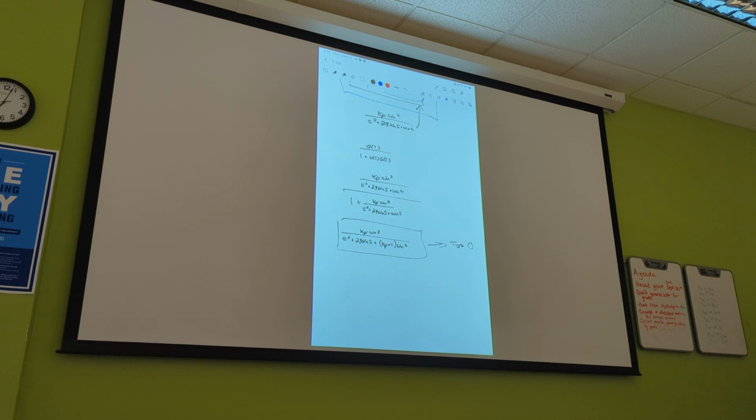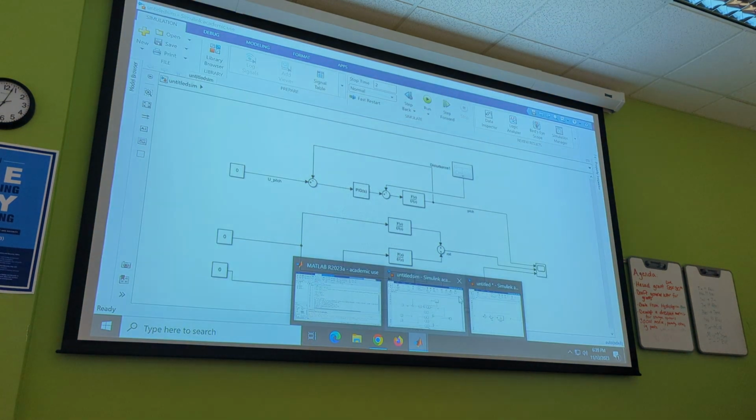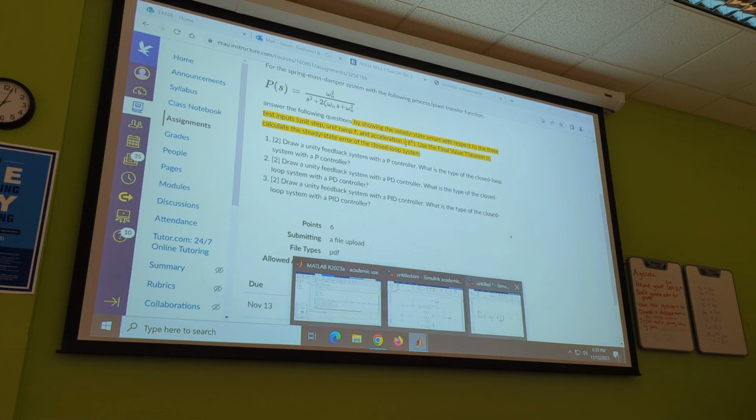And then with regards to finding the final value or the error, we're going to use the final value theorem. y steady state, in the time domain, is equal to the limit as s approaches 0 of